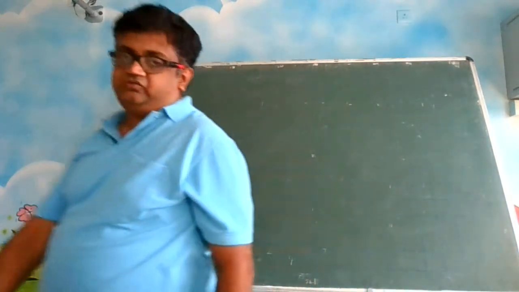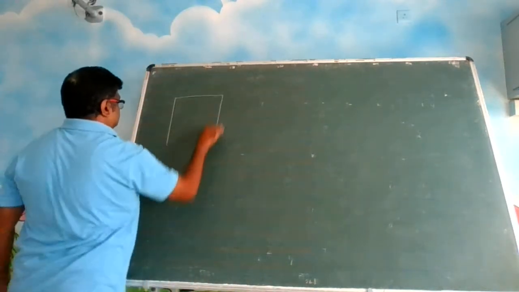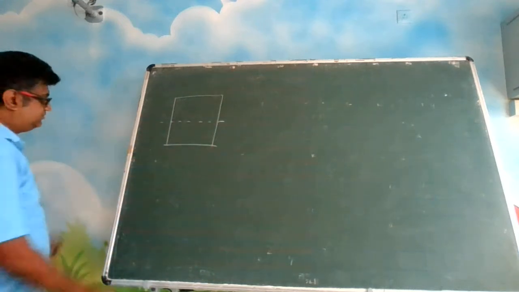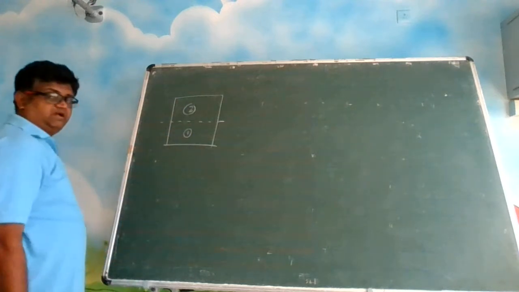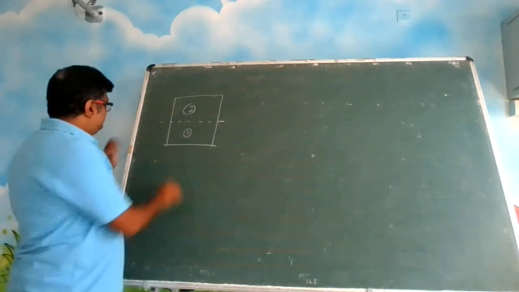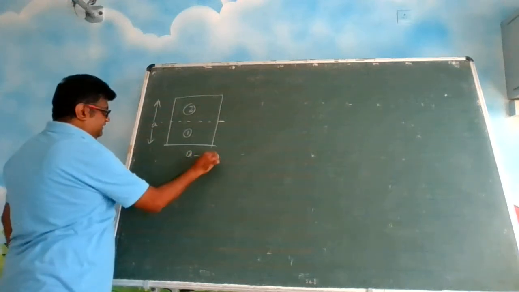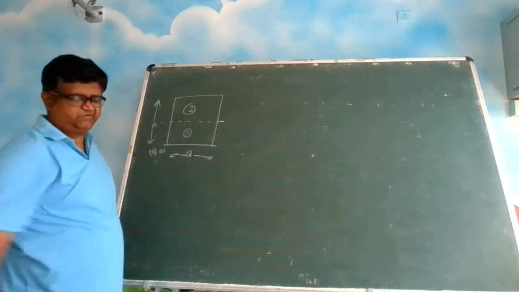Just to satisfy ourselves, we will take the same example, and this time we will cut like this and see. Let us see what happens. So this is 1, this is 2. Quickly we will try to calculate. We get this is a square of side A. Of side A.